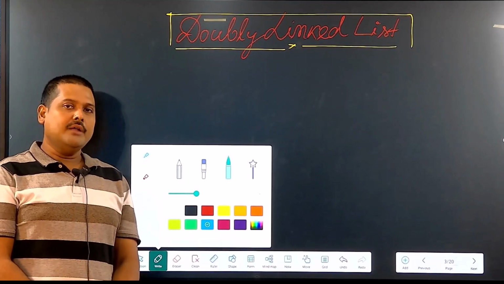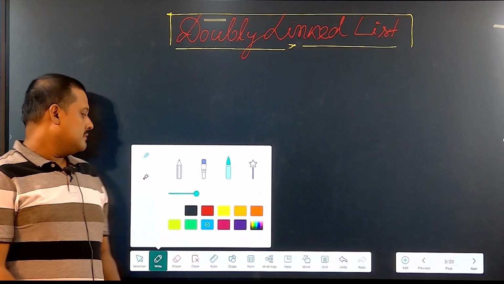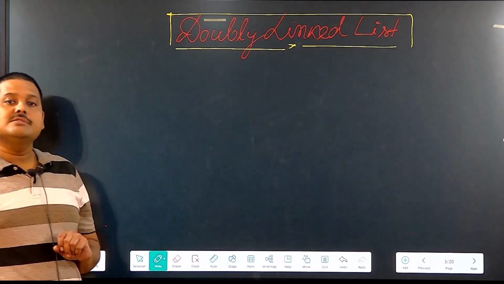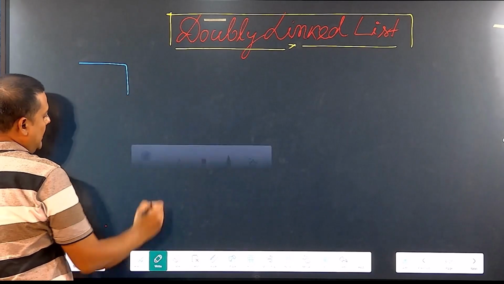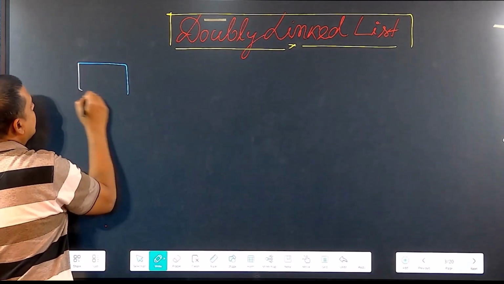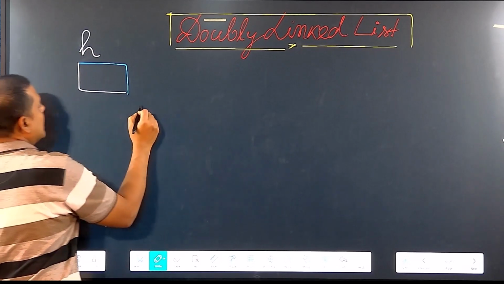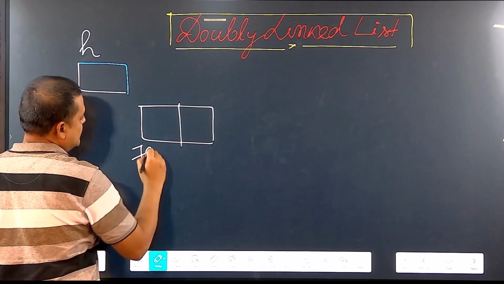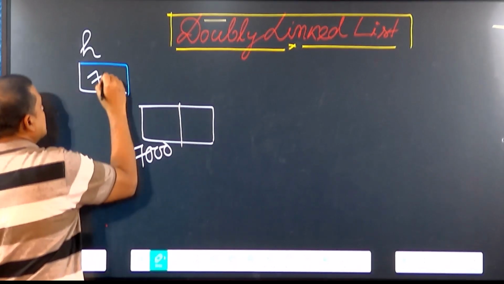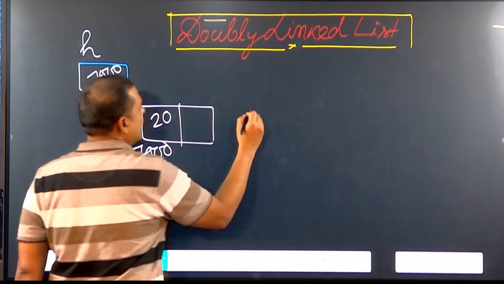Hello, here we are going to discuss the doubly linked list. In the case of a single linked list, we have observed there is one head, a pointer variable which stores the first address, say for example, 7000. So, 7000 is stored here, and here the value is, say, 20, another node,